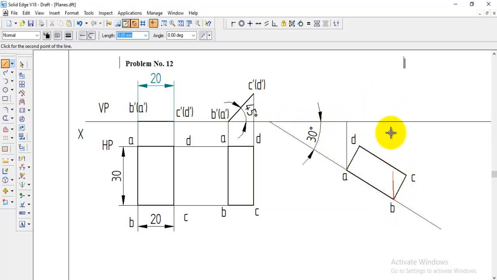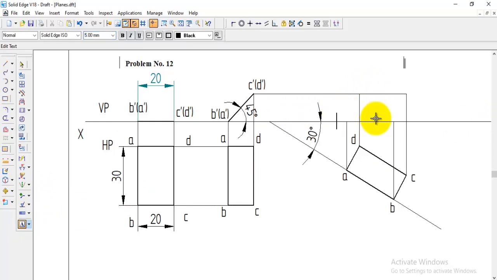Now B. So B dash is also coming along the XY line, you can draw up to here. And now C. C dash is at the top line here. See, alignment indicator is showing in line with the C dash, so you can draw up to here, and then you can extend back to here, C dash D dash, and then D dash you can draw the line up to here because D dash is coming over here. And now we got all the points. Before joining, we can give the namings. So here we can give it A dash, and this point is B dash, and this point is C dash, and this point is D dash.